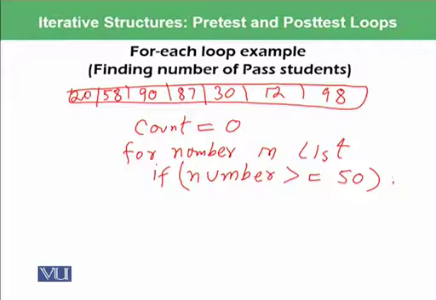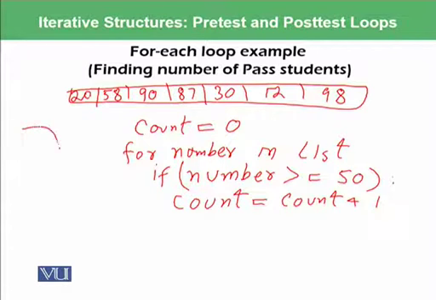We want to add one to the counter. Count is assigned count plus 1. So this means initially the count has the value of 0 in the RAM,